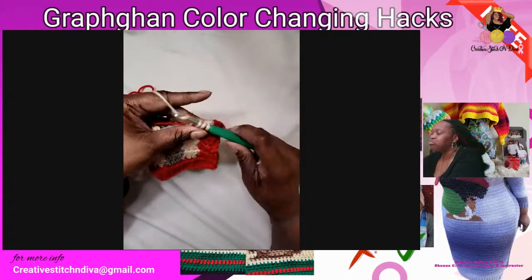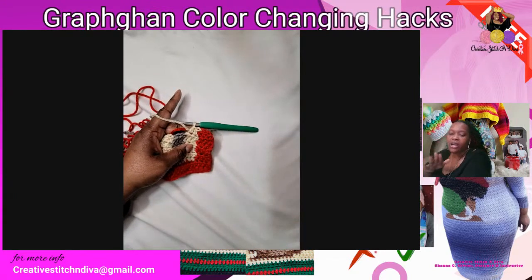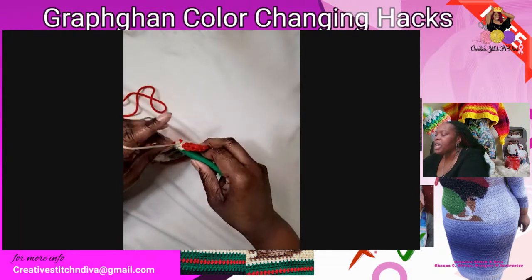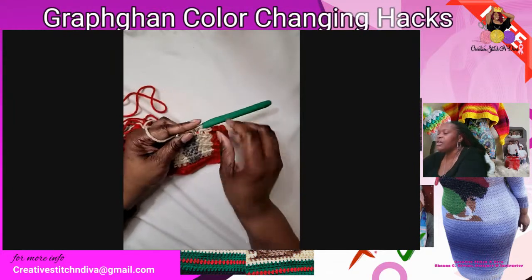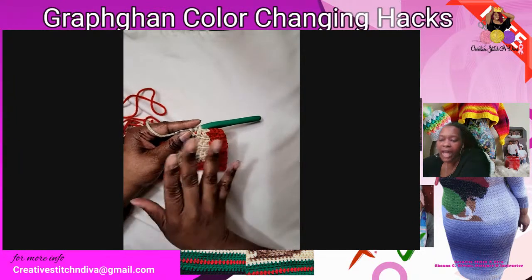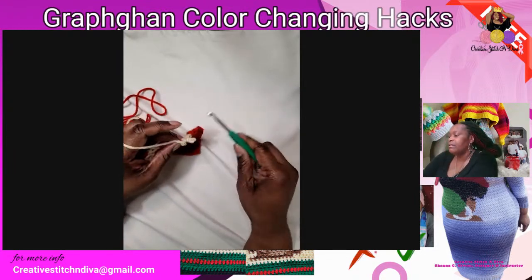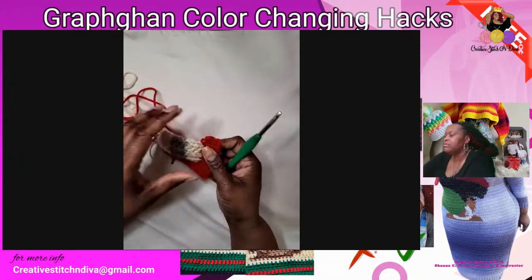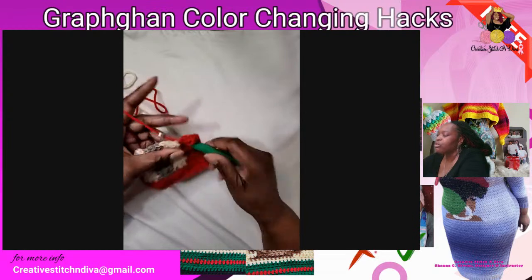First of all, because I'm finished with the red, I don't need the red anymore, because the next one is going to be a different color, which I'm going to show you how to do too. So because I did that, I'm crocheting over it because I don't want to weave, right? But the problem is you're going to start seeing this red over here. You don't want that. You don't want that. So what I do is drop it. I drop it and leave it,